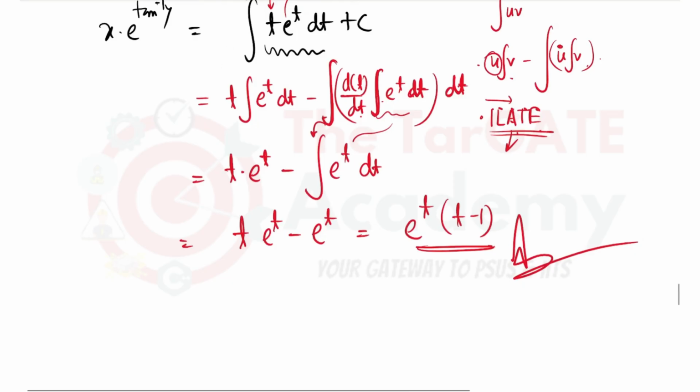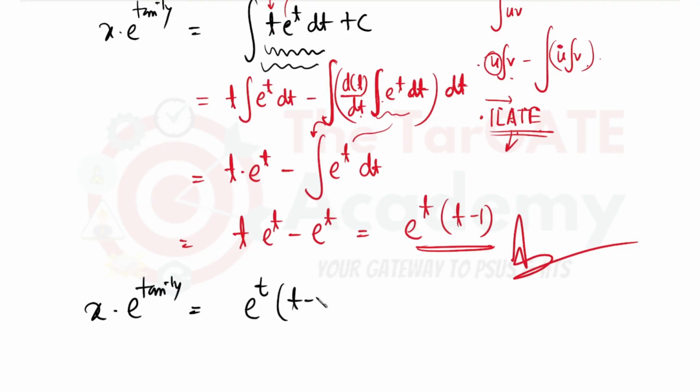So we will solve this equation and we will get x into e to the power tan inverse y on this side, the integration of this will be e to the power t (t minus 1) plus c. So x into e to the power tan inverse y, and t को हम लोगों ने क्या लिया था, we have taken t as tan inverse y, तो e to the power tan inverse